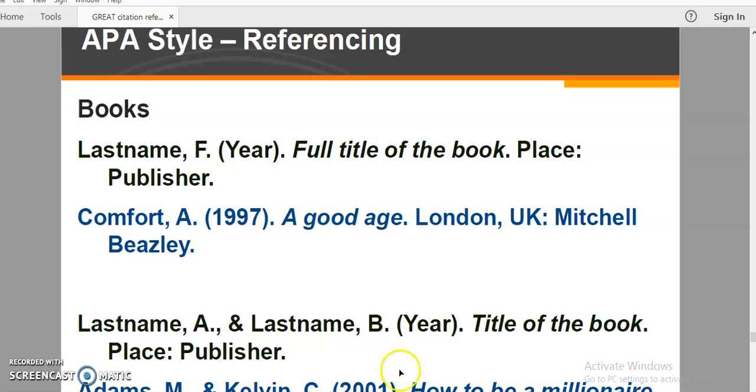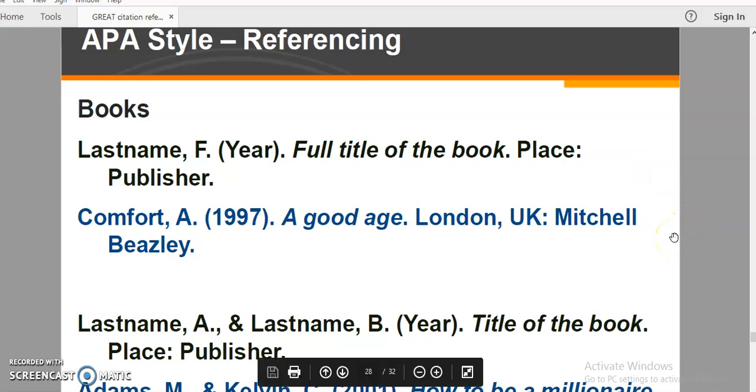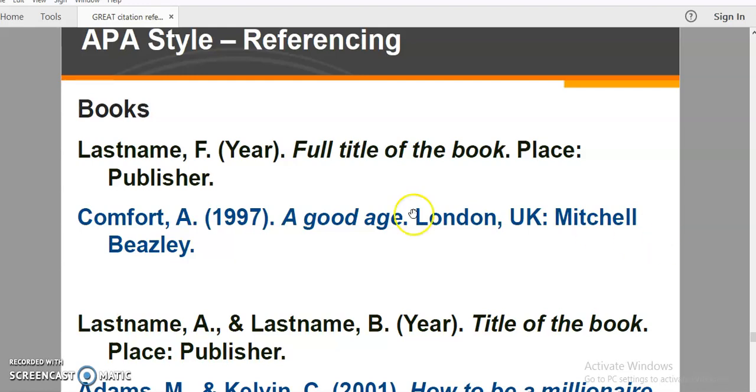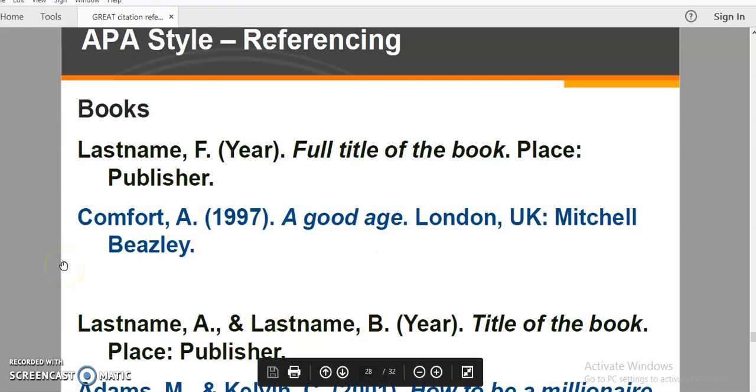Alright, finish about citations. Now comes referencing. Please refer to your textbook at the same time, starting page 64. That is all about referencing. Okay, reference list. So for the reference list, you need to list down all the outside sources that you use for